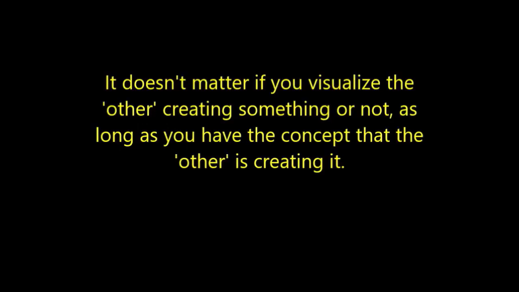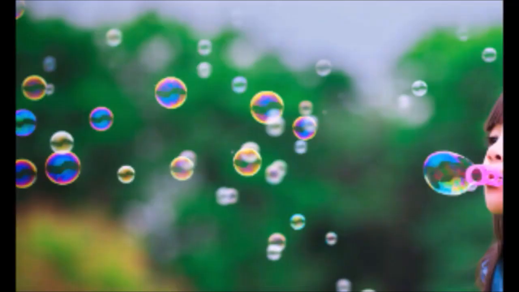have another create something. Now you can handle this any way you want, just as long as you have the concept that someone else is creating whatever it is you are putting in front of you, behind you, and so on. You can just put an object, mentally, in front of you with the idea someone else put it there, but many times I like to actually visualize someone putting it there. For instance, I put a girl in front of me blowing bubbles. The bubbles are created by her. I put her all around me, and during this maybe my leg begins to shake. I continue until it stops shaking, and any other sensations, emotions, or reactions to the exercise subside, and I am